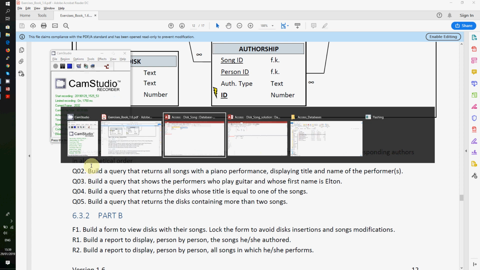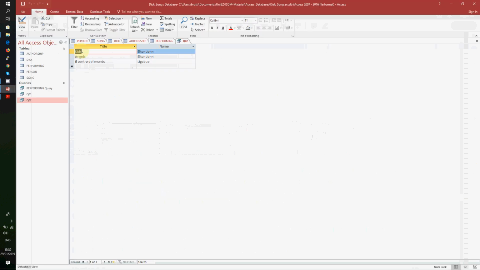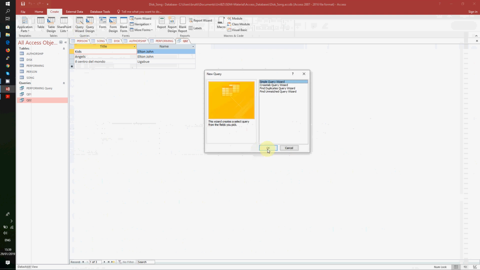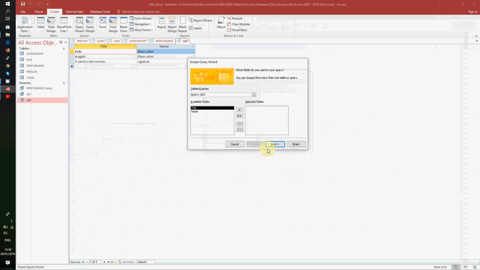So let's go back to our database, create query wizard. Okay. So here we need from performing, we need the instrument. And from persons, we need the name. Next,